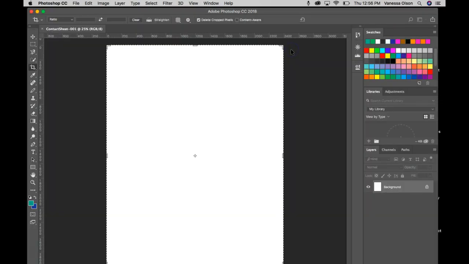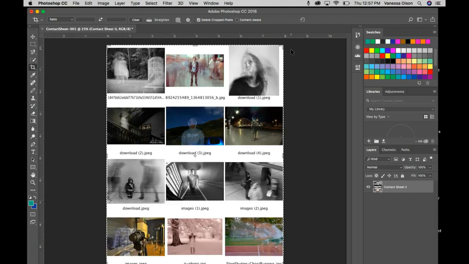And then I'm going to hit OK. Once I do that, all of the images will start to drop into the sheet. Takes just a second to build. And there we go. The great thing about doing this in Photoshop is that you can save this as a